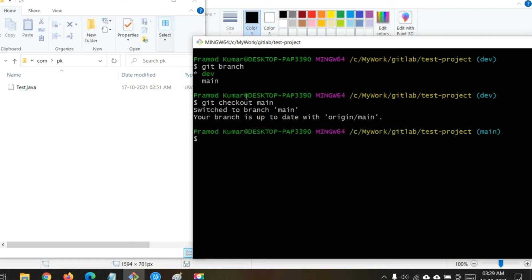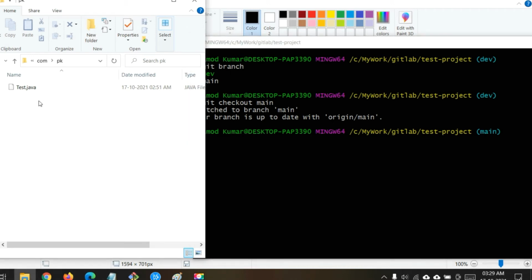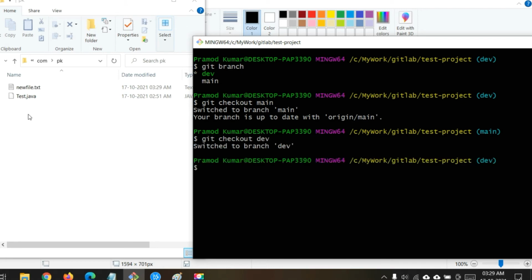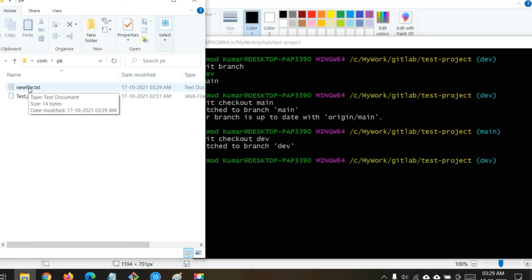Now my branch is switched from dev to main, and immediately, if you look at the folder, it removed all the changes which were done on the dev branch. This is the main branch, and in the main branch there was no file which we created, so that's why it removed the file. At present this folder is mapping to the main branch. If I again want to go back to dev, I do the same, git checkout dev, and you can see on the left side my file is there again. So in my local repository I have both branches, main and dev, together.